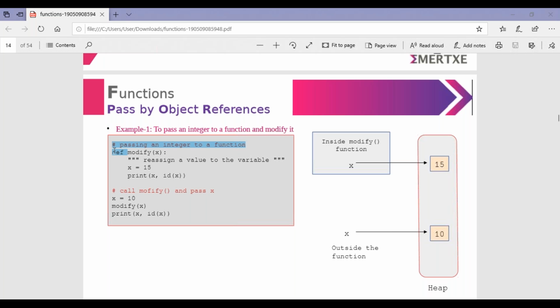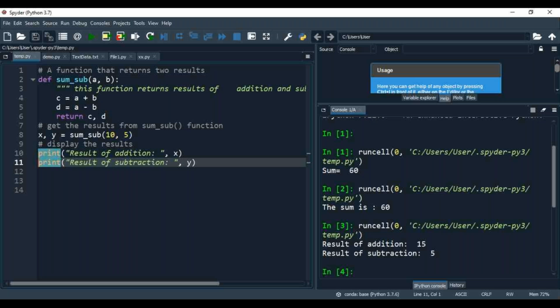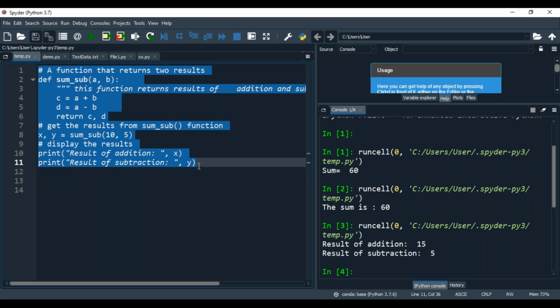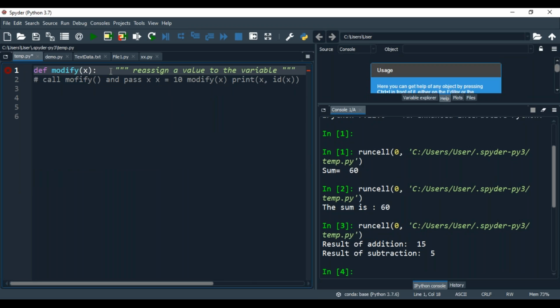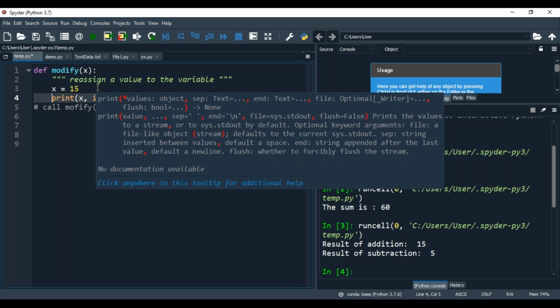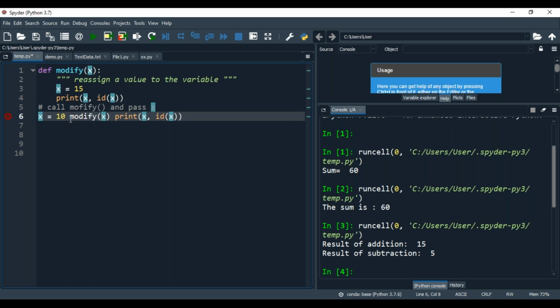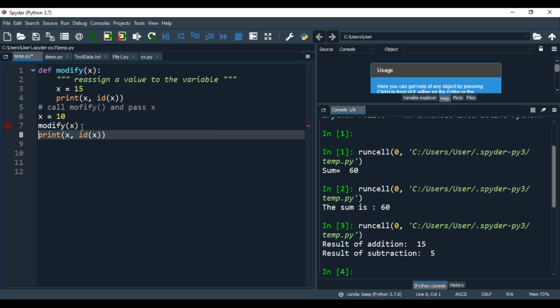Define function modify x, x is 15, print x comma id x, call the modify function and pass x. So x is equal to 10, modify of x, print function.